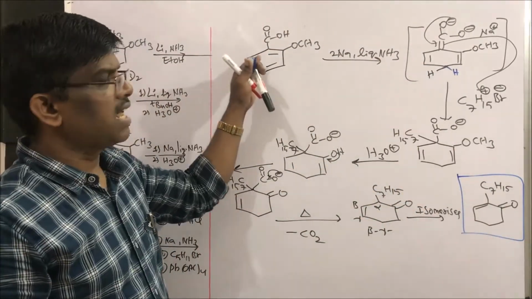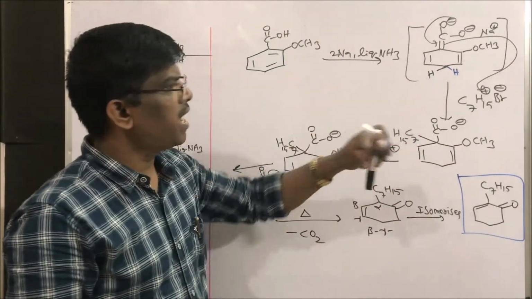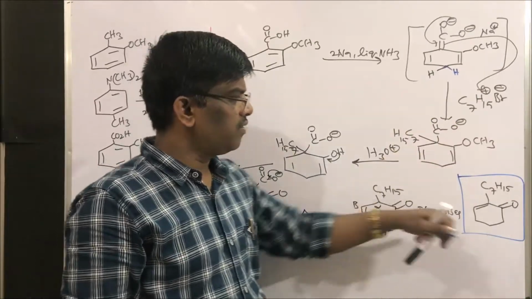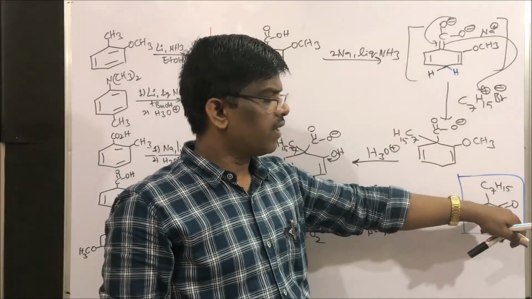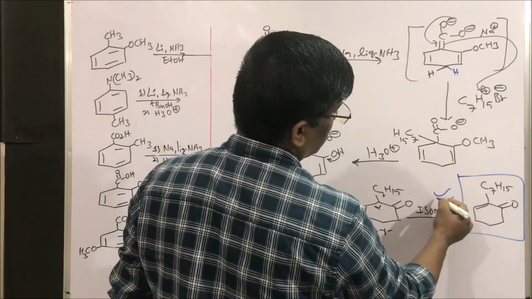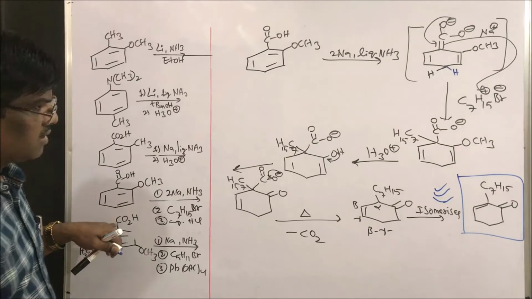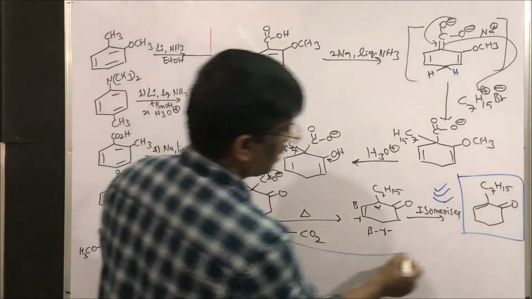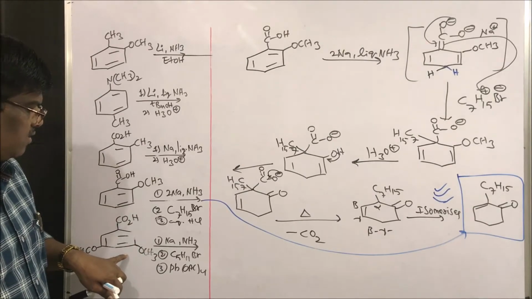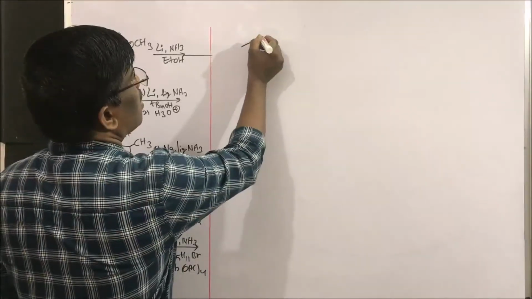So methyl ether of salicylic acid is going to give, upon Birch reduction followed by alkyl halide introduction, the alkylation of the keto compound we are going to get. This is a very important synthetic intermediate in organic synthesis. Yes, students. So this is the compound we get. Next, it is going to be very simple. Let us see. So what is the compound?